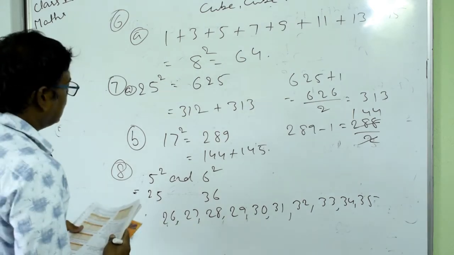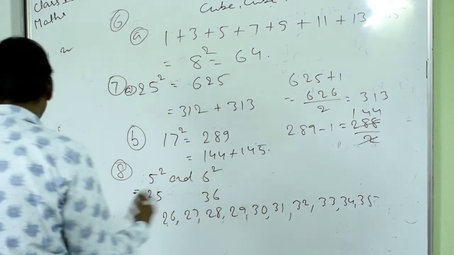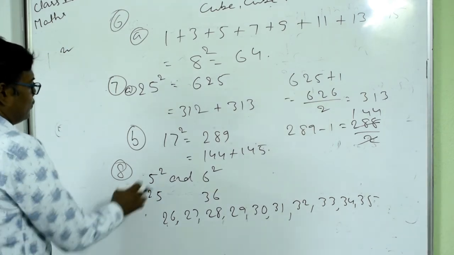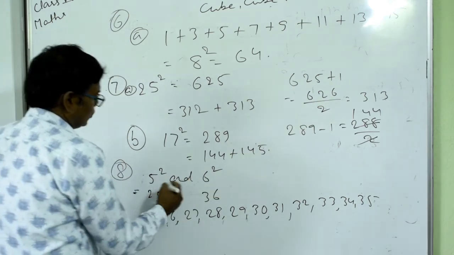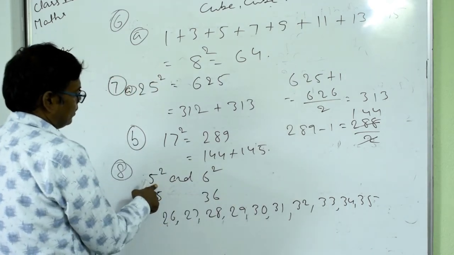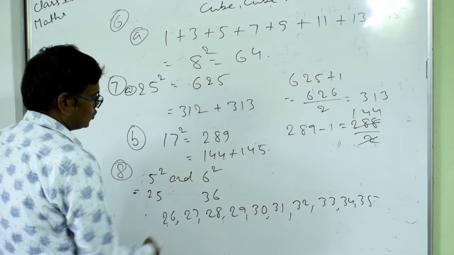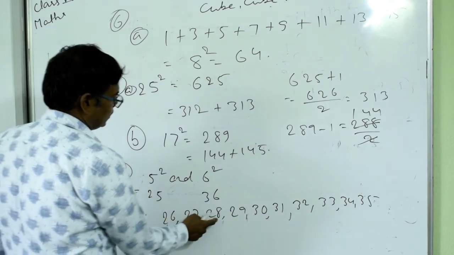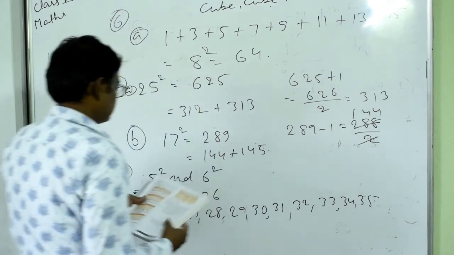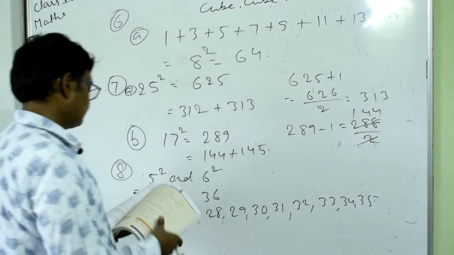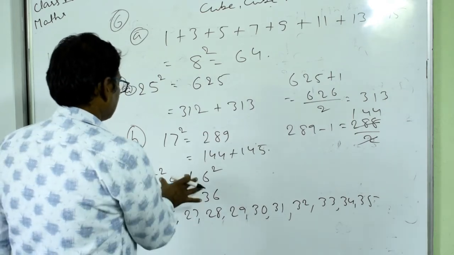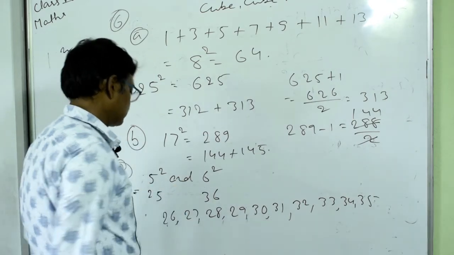Okay, so here the answer will be in this case. There is a simple formula to find this. Like here you have 5 square and here 6 square. So here one number is 5 and the other is 6. Just multiply 5 with 2, that is 5 twos are 10. So you got 10 numbers here, 1, 2, 3, 4, 5, 6, 7, 8, 9, 10. This is the simple method to find the total number of numbers which exist between these two numbers.